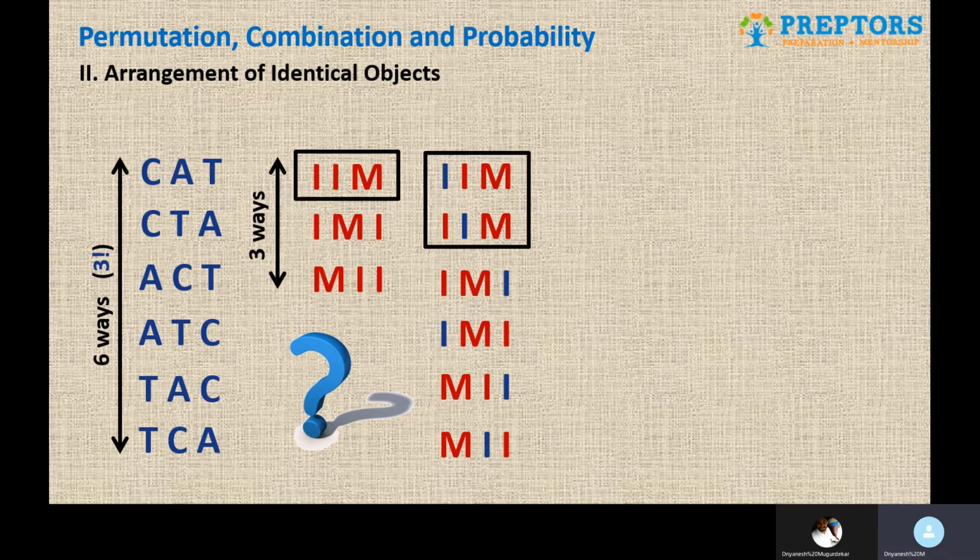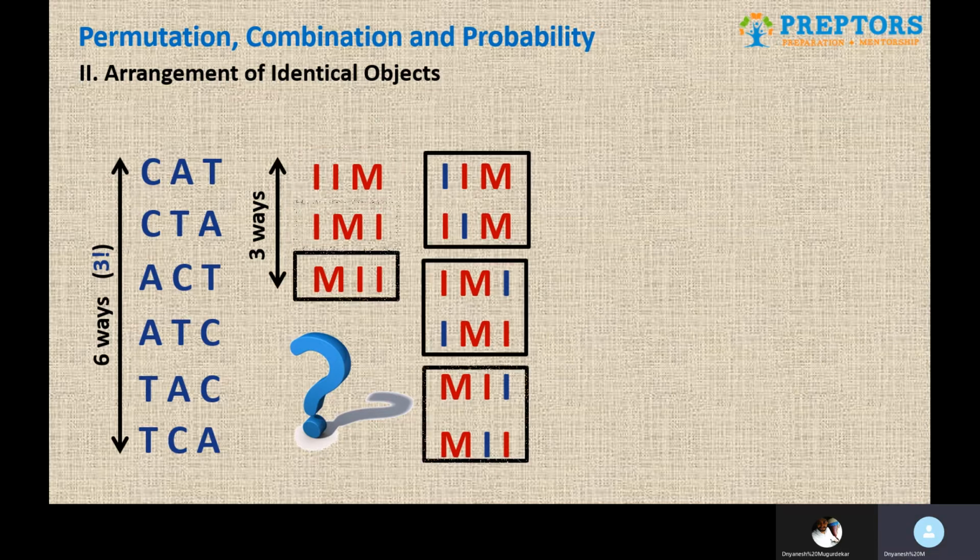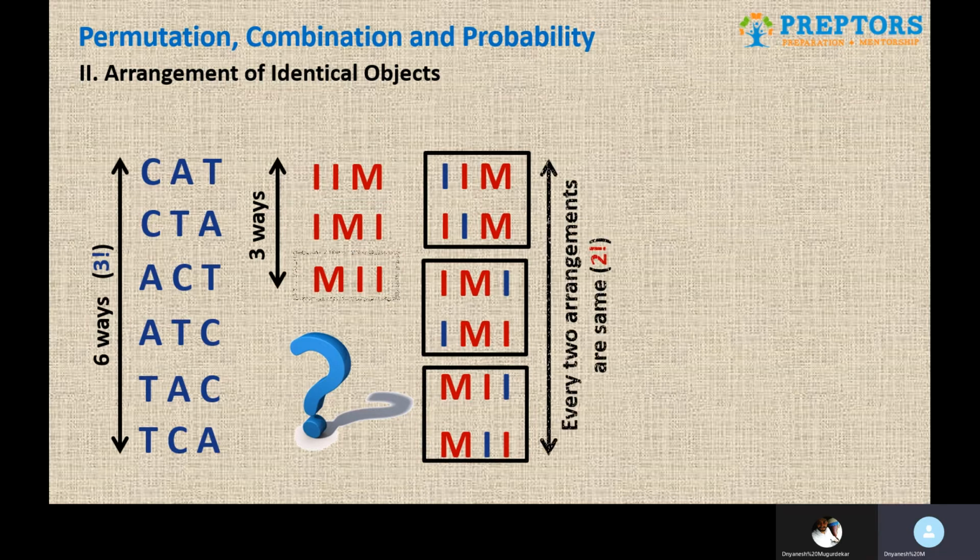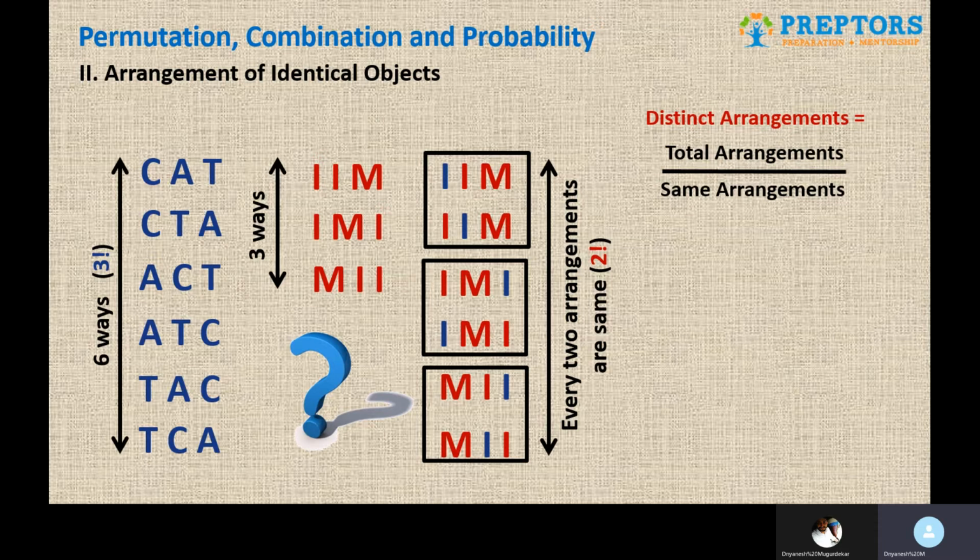So to sum up all of this, we can come up with a generalized formula that in case of identical objects, whenever the letters are repeated, the number of distinct arrangements can be given by a simple formula, which is total number of arrangements divided by similar arrangements. As in, whenever you have repeated letters which are identical, you can't distinguish between them. Arrange first of all possibilities considering as if they are distinct. That is what total arrangement is, and then just divide by the similar number of arrangements.